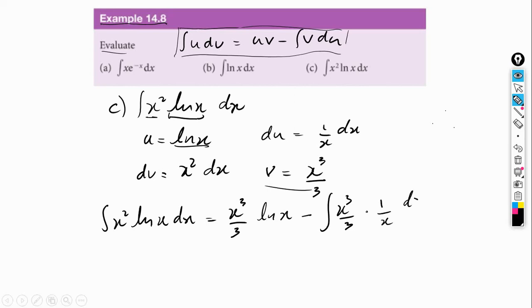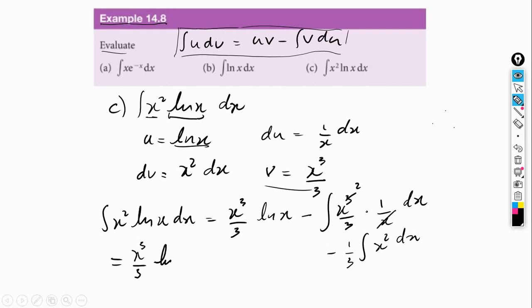Again, here we can cancel out 1 x. So notice that this expression to the right would be the same as saying minus 1/3, if we take out the constant, times the integral of x squared dx. So the final step, or almost final step, would be that this is equal to x cubed over 3,